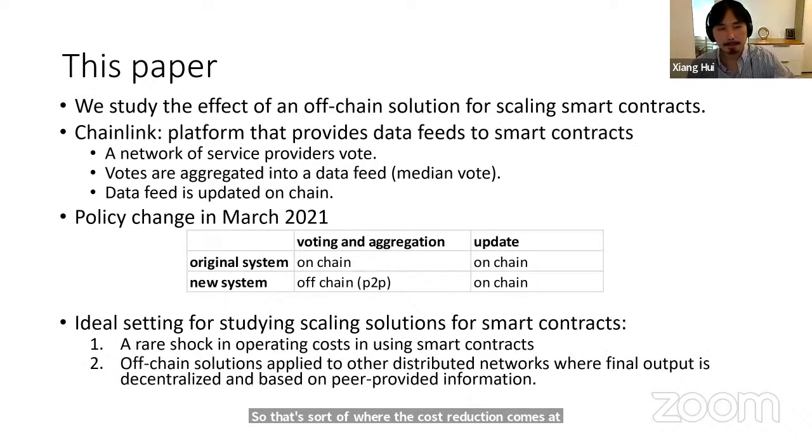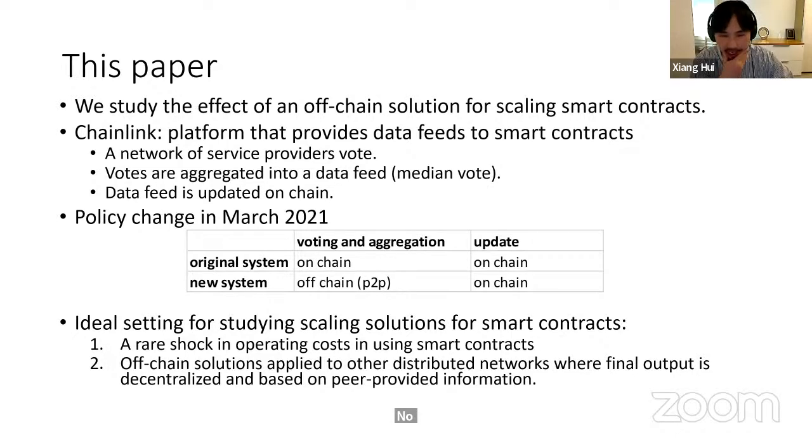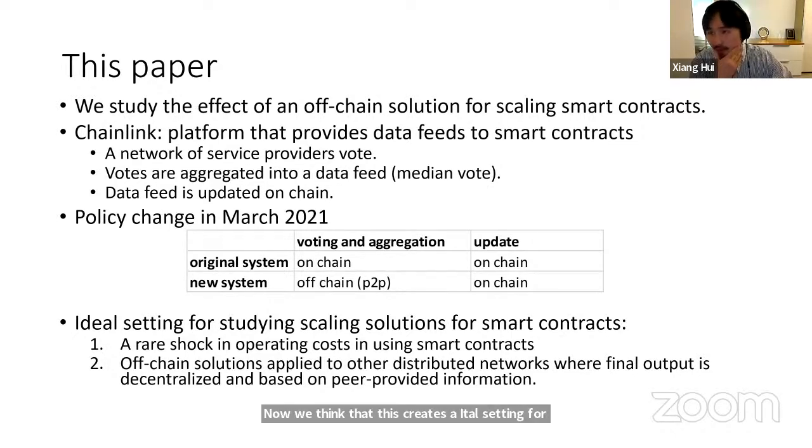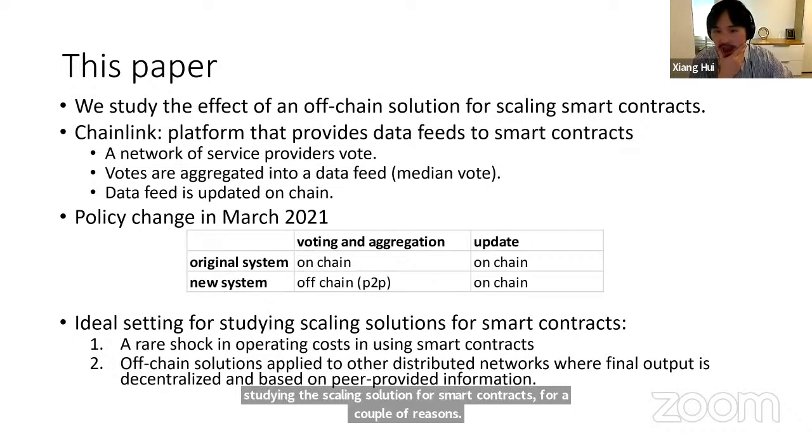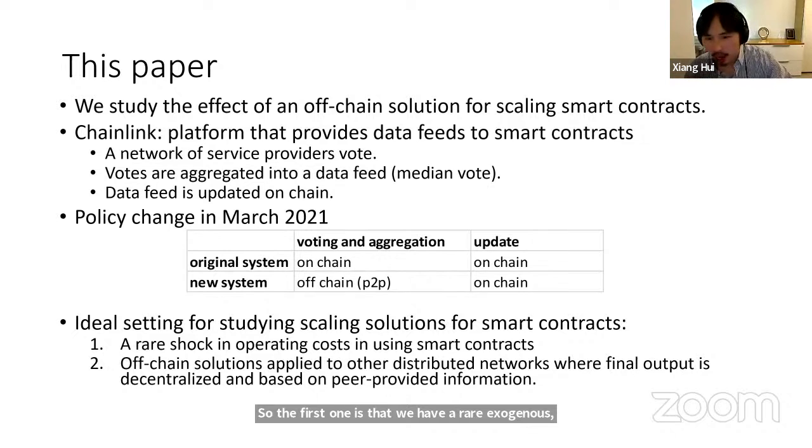Now, we think that this creates an ideal setting for studying the scaling solution for smart contracts for a couple of reasons. So the first one is that we have a rare exogenous variation in the operating cost of using these smart contracts. And I will talk, in a few slides, about why having this parallel system is almost ideal for causal identification. And the second reason,